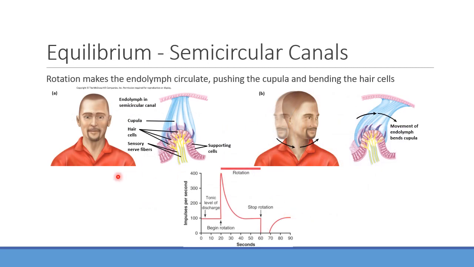So as you have a person changing head position, you can see here that fluid is going to cause us to shift, and that can either cause, and again, you can see it right here, at baseline, they're going to have some level of action potentials coming out, but when you have that rotation there, you're going to notice that the action potentials are going to speed up really quick. As they slow down that rotation, they're going to stop, and you'll have kind of a period of hyperpolarization, and then it's going to kind of go back down to its baseline.